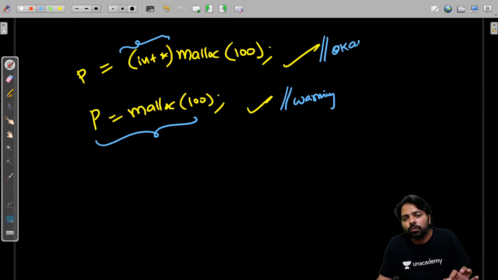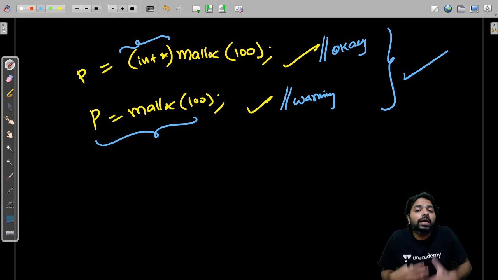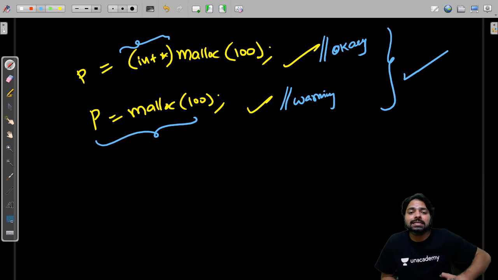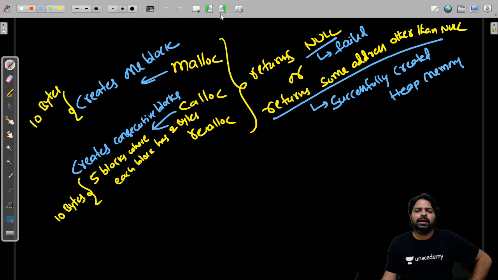Okay, with this code, no problem at all. Both are all right, no error at all. But it is a void return type, so while accessing the P you can decide whether it is an integer or character address. There's no problem, both codes will work absolutely all right. Everybody, both are all right. Okay, now let's move to